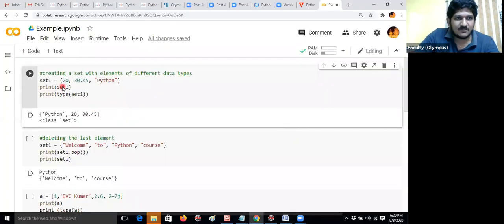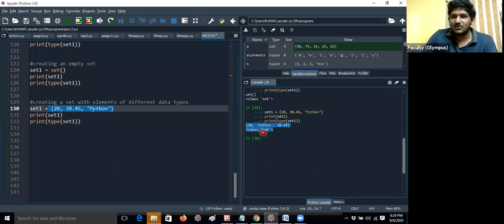But with the same program written here in Colab, I'm getting the output as Python, 20, 30.45. That means the output will differ from one place to another. We have a list of elements in the output, but not in any particular order. That's why set is called an unordered and unindexed data type.